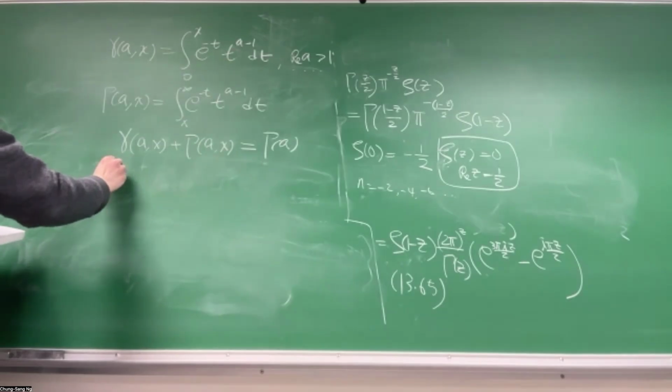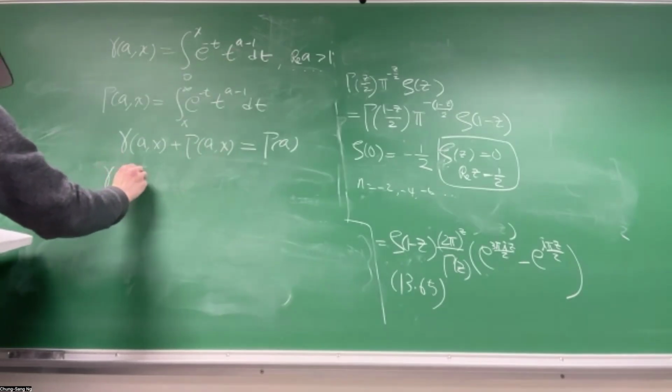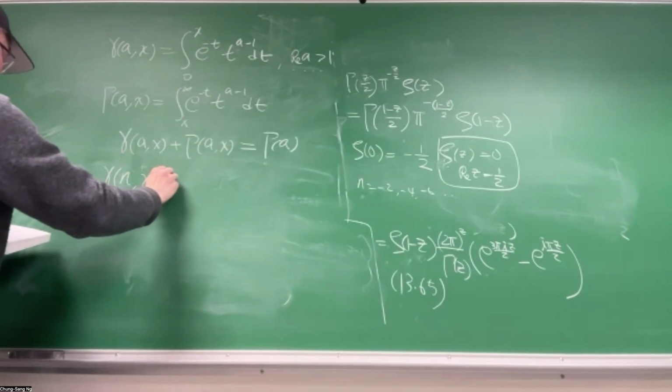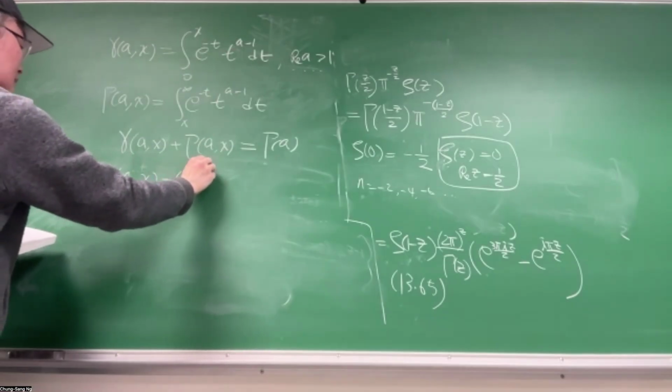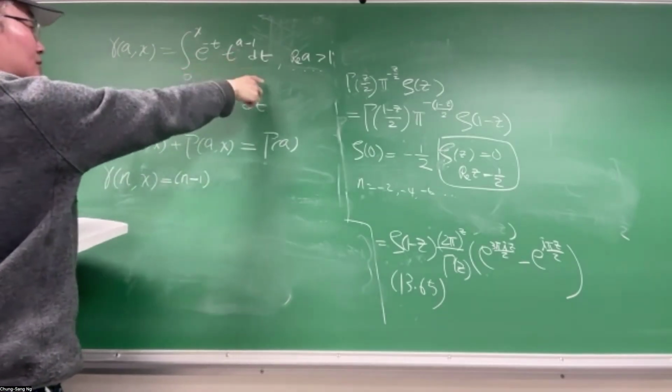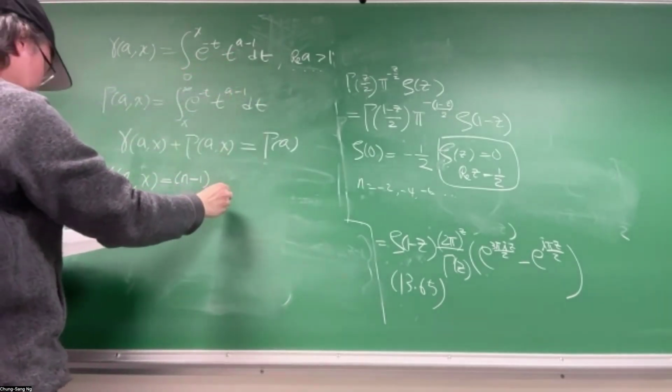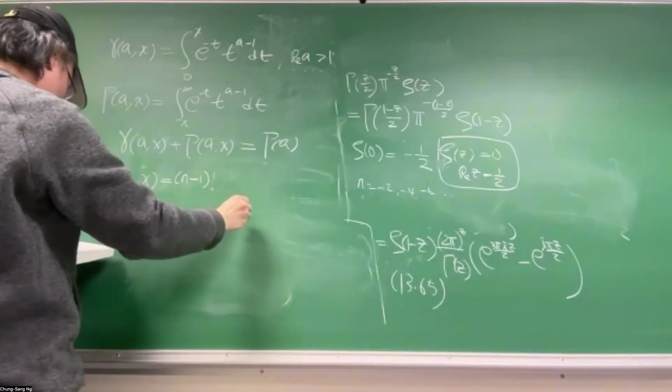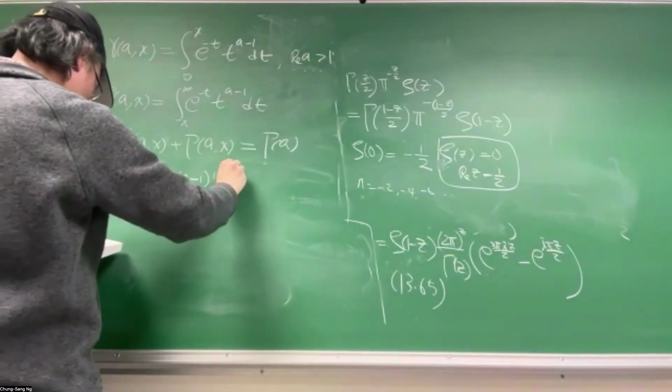So one property is, for a equals an integer, by integration by parts, you keep doing integration by parts of this integral, and you end up with this formula